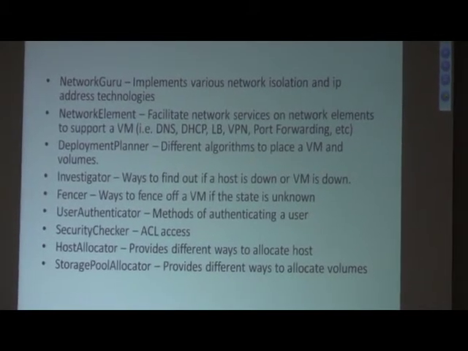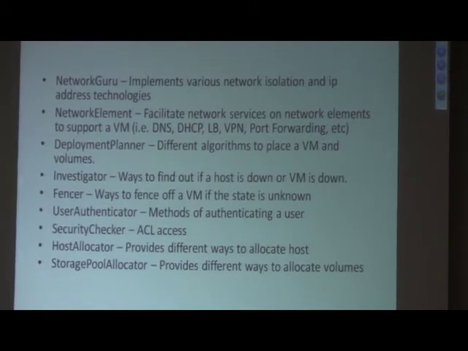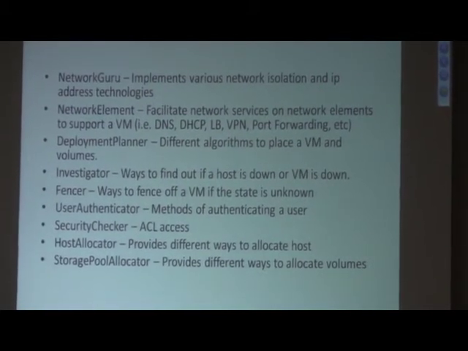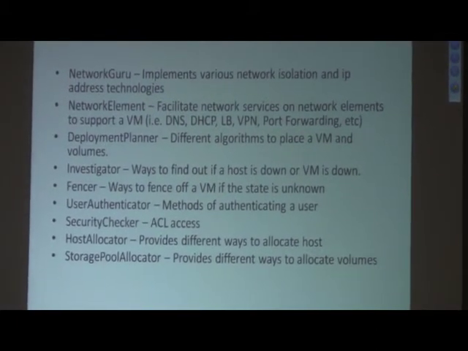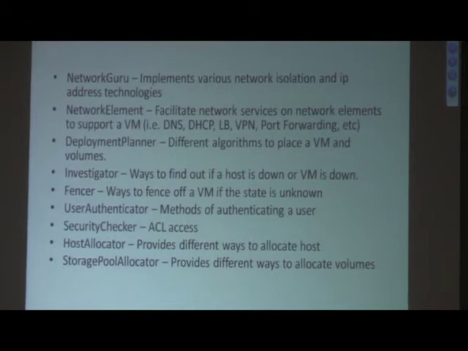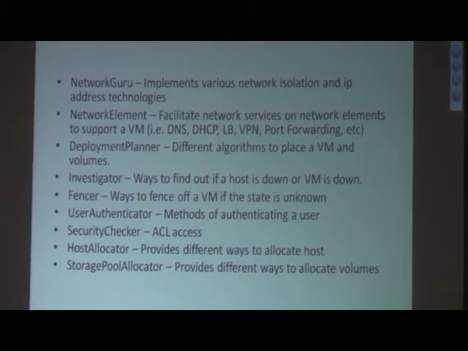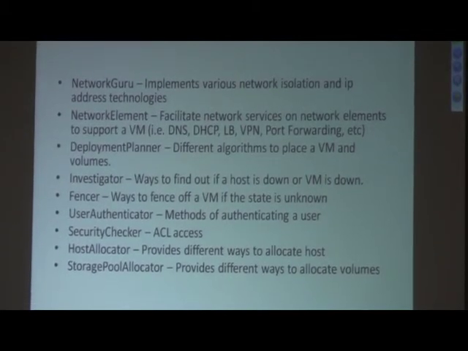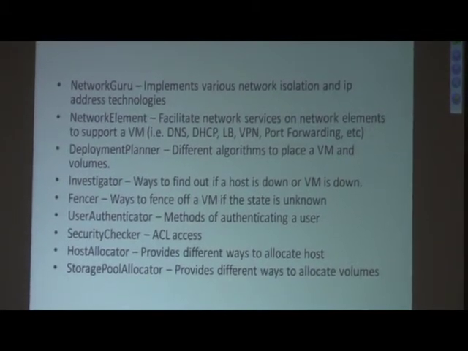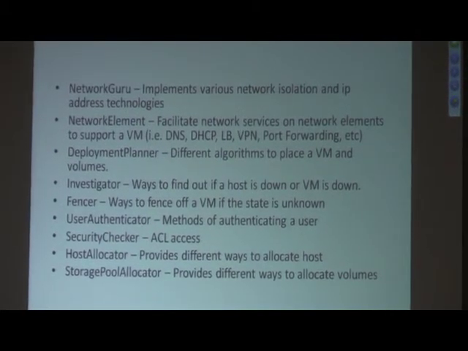And there are host allocator and storage pool allocator plugins. These plugins are specific to the capabilities of the hypervisor and the storage pool, because different hypervisors may have different ways to determine whether or not a VM can be allocated to that hypervisor. So when the deployment planner, using heuristics, says, I want to deploy to this particular cluster